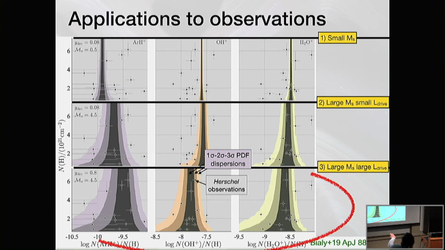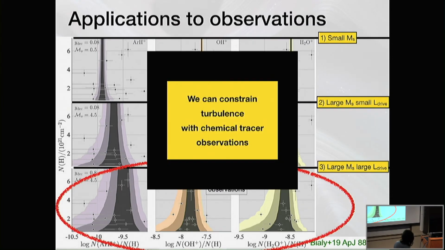So that's the third model. So naively, comparing the model with observations, you would conclude that both the Mach number and the driving scale in the ISM are large. So we can constrain turbulent parameters with chemical tracers, but